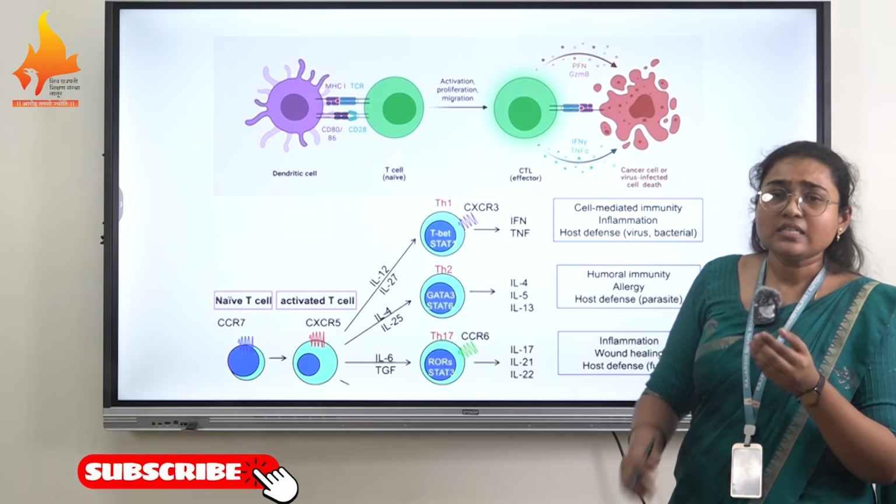Next, let's take interferons as an example of a cytokine. Interferons are cytokines which are produced by one type of lymphocyte but act against viral infection, so they are called interferons. Second is tumor necrosis factor. These are cytokines which are synthesized and released by lymphocytes but act on tumor cells, cancerous cells, etc. So: interleukin, interferon, tumor necrosis factor.